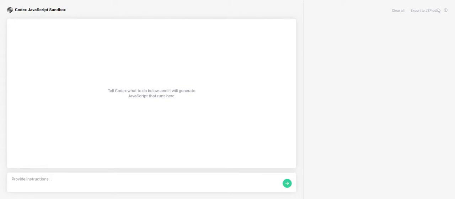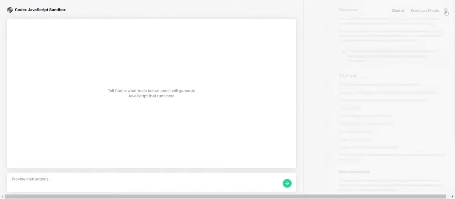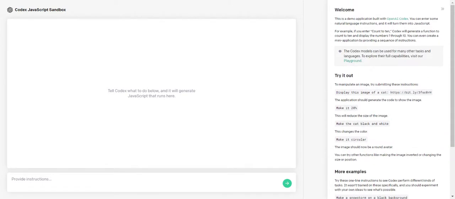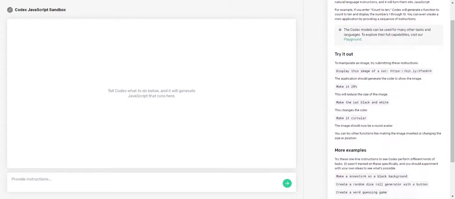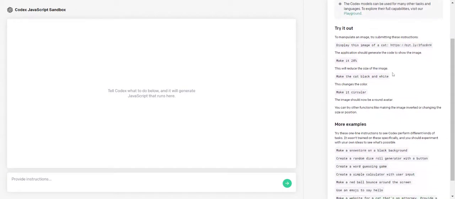Now, this isn't the only language that Codex can code in. It can do Python, I believe a whole host of others, Go, SQL statements, a bunch of other things that you can find on their website. But if you click in the right hand corner here, there's a welcome documentation that they give you, and some things to give you an idea of how this works. Here's one where it says display this image of a cat. So you can go ahead and paste that in there